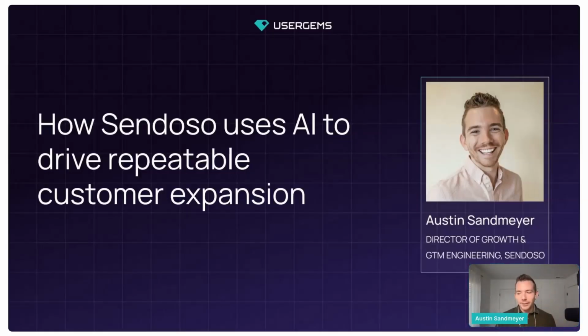But I want to dive into, okay, cool, you got a customer. How else are you getting more pipeline? How else are you building more upon that? How else are you building that relationship, reducing churn, mitigating those types of motions, and making them super, super successful? So we're going to talk about using UserGems and AI motions to drive repeatable customer expansion, which I believe is